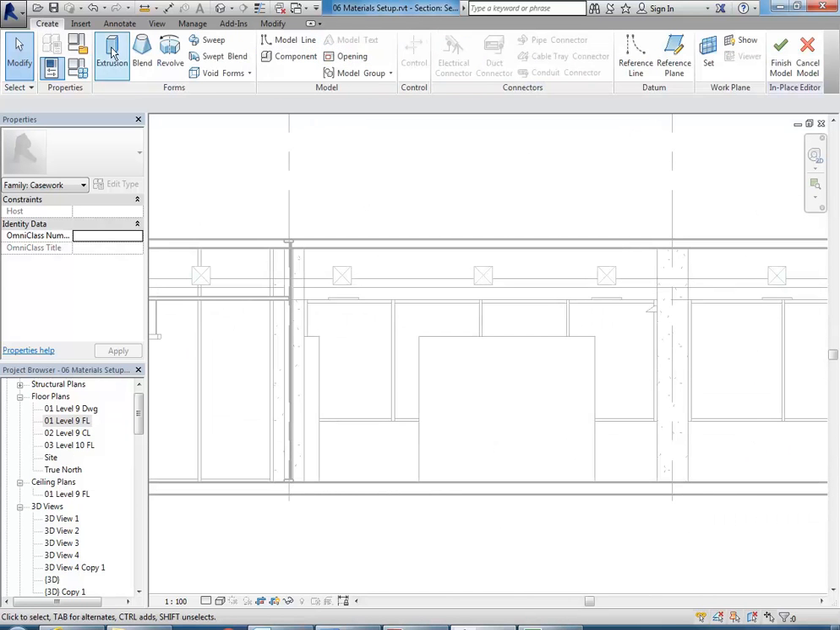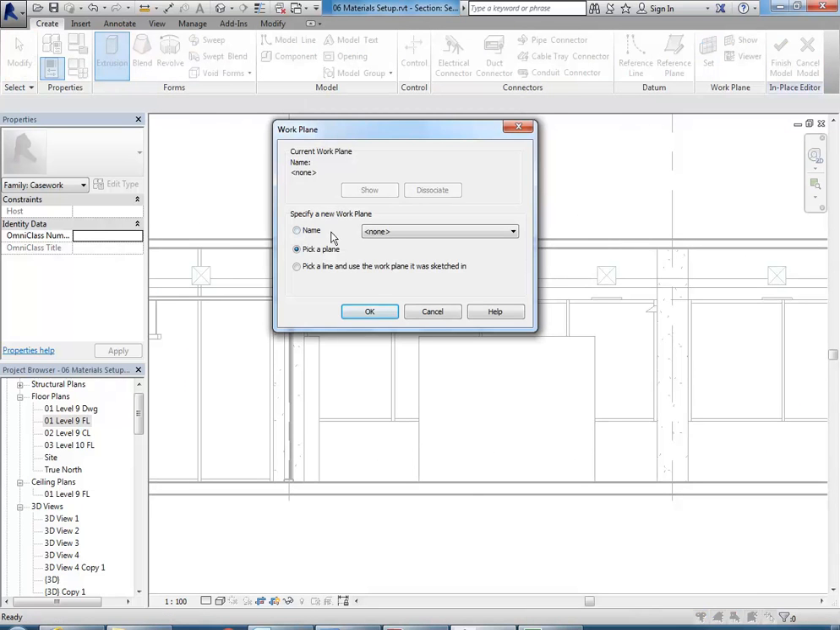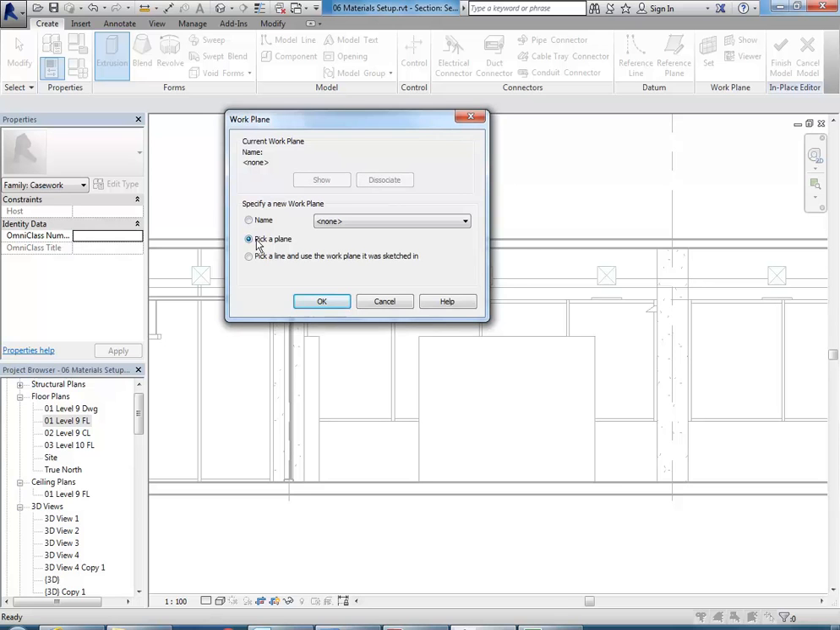So back to create, I'm going to go to extrusion, and when you do that in a section view it'll bring up this dialog box, and you might have seen this come up when you go to make things in with model in place. Whenever you work in a section it'll give you this option,